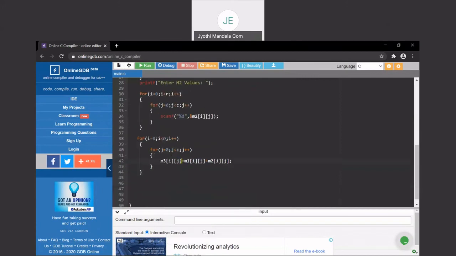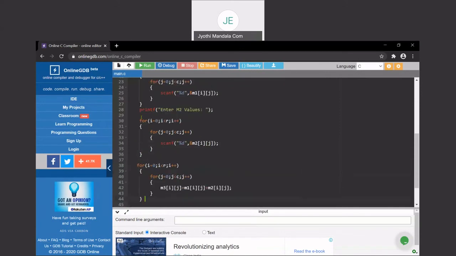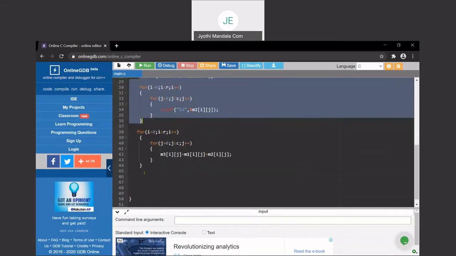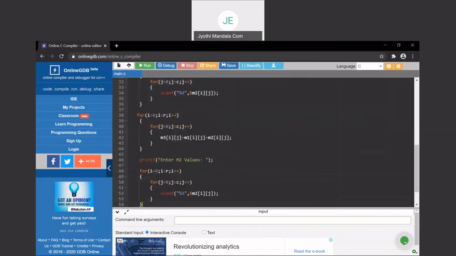So for each iteration, the value will be calculated. And finally, you need to print this M3 value, because after performing this addition, you need to print this value. So let me take the same thing. Sum of M1 and M2.